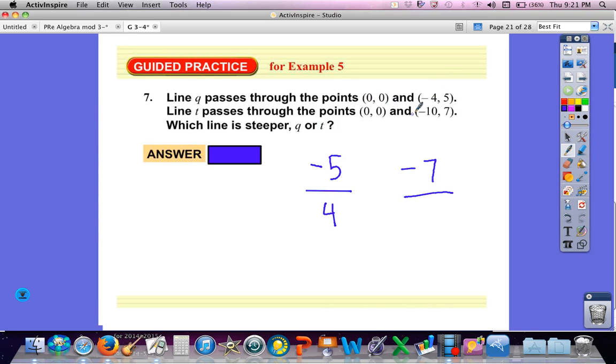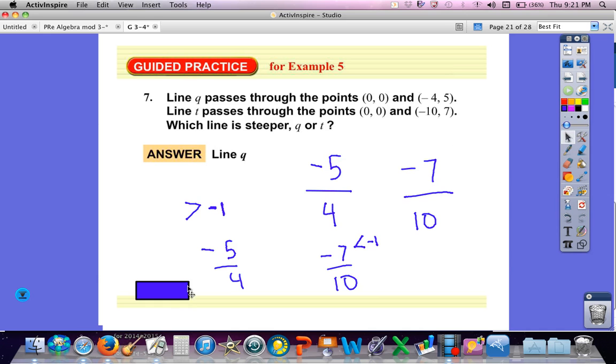So negative 5/4 and negative 7/10. Just to give you an idea, this is greater than negative 1, okay? And this is less than negative 1, okay? The answer is line